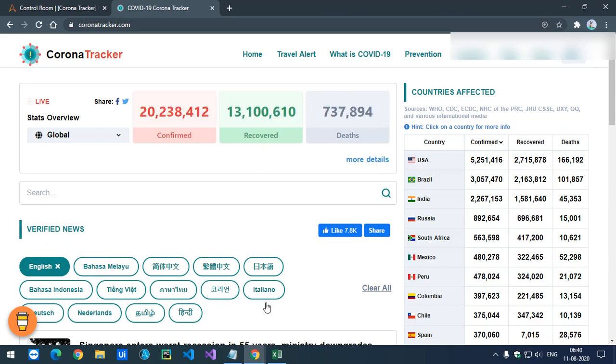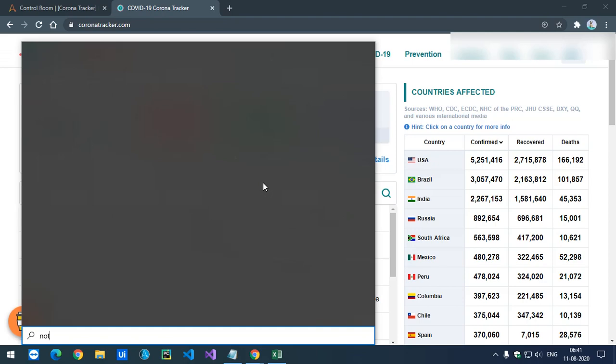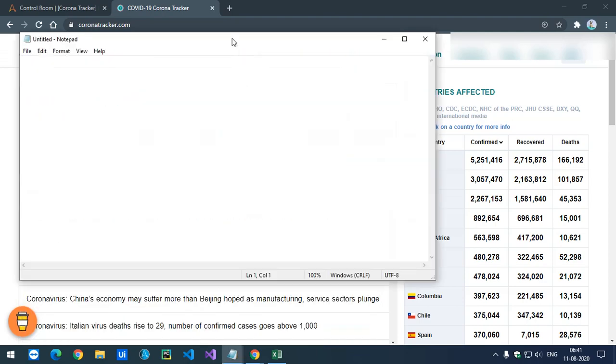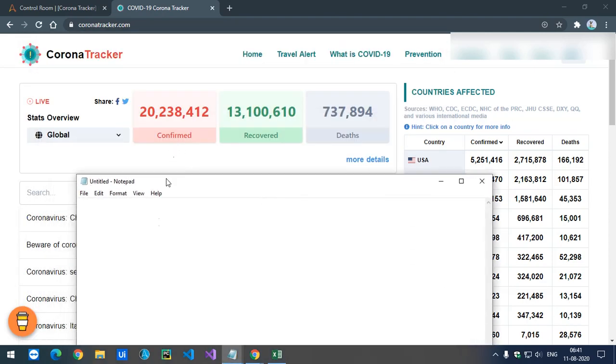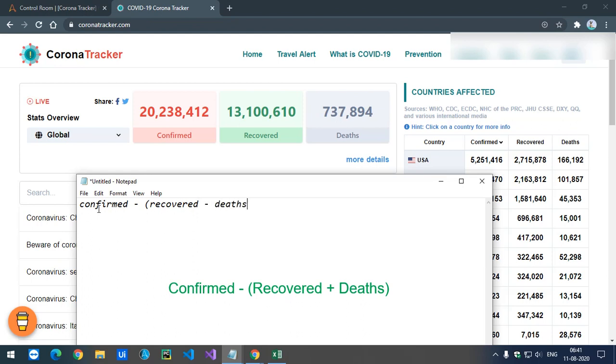For this, let me open a new notepad. We are going to get the confirm cases first, and then subtract from it the recovered cases and deaths.